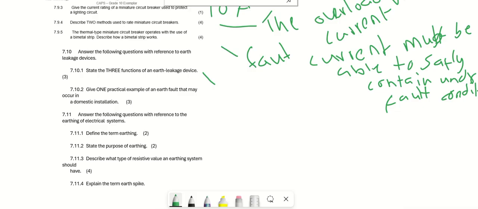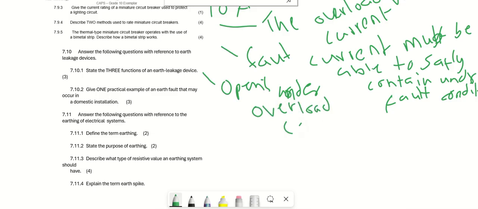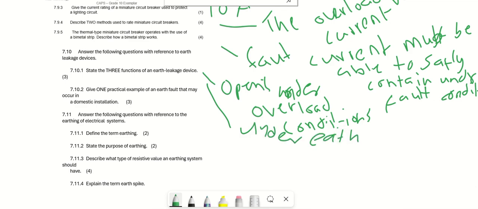Number one, opens under overload conditions. Number two, opens under earth fault conditions.